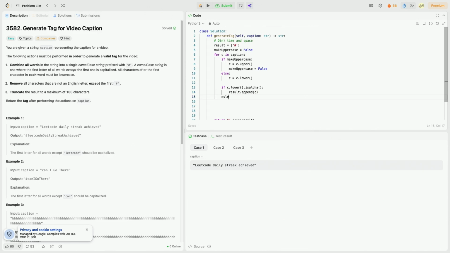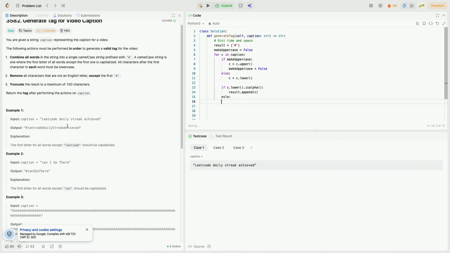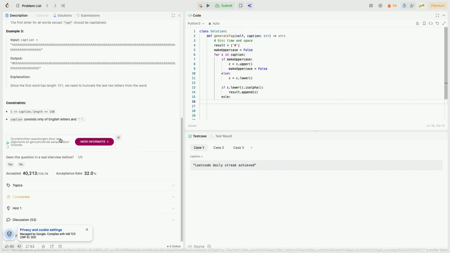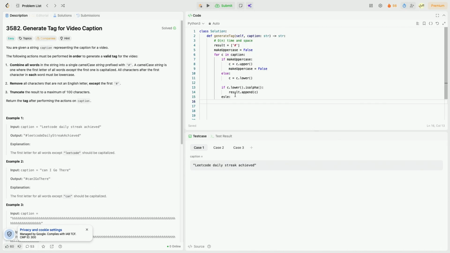Now, if we don't encounter a regular character, that is a signal for us that it's a divider between the words, because it told us explicitly that the caption consists of English letters and a space, right? So the else case is now where the character is a space. Now we have to check if our result length is larger than 1. That means we're going to switch our make uppercase flag to true. However, if we haven't put anything besides the hashtag into our result, we don't want to make the next character